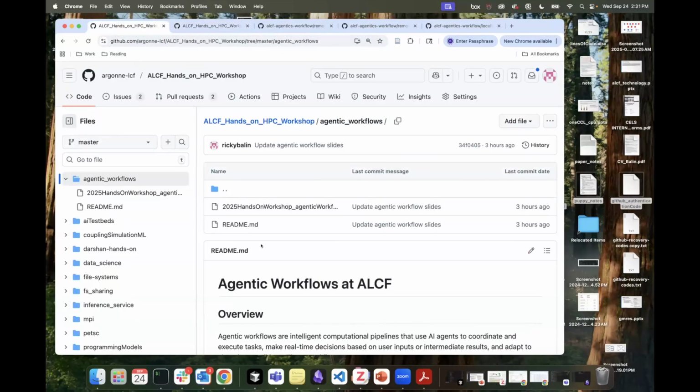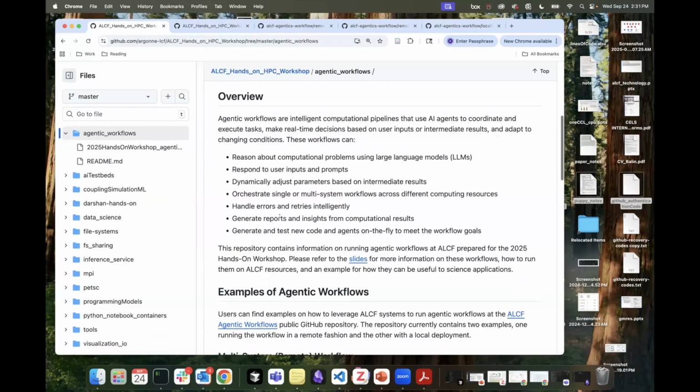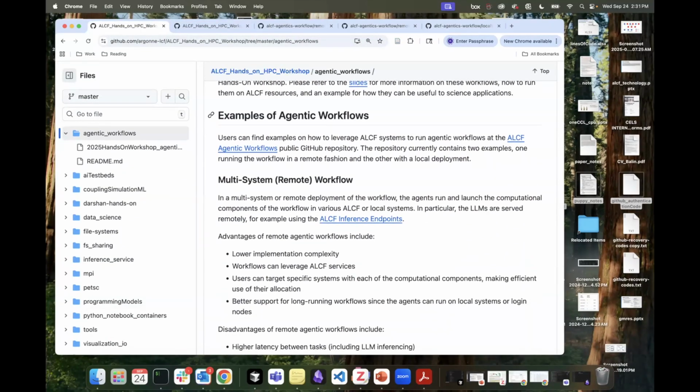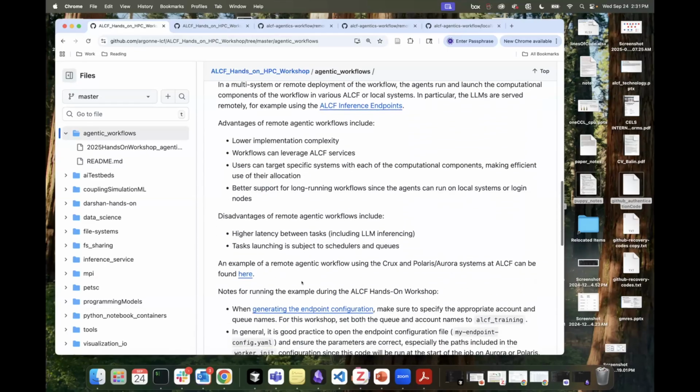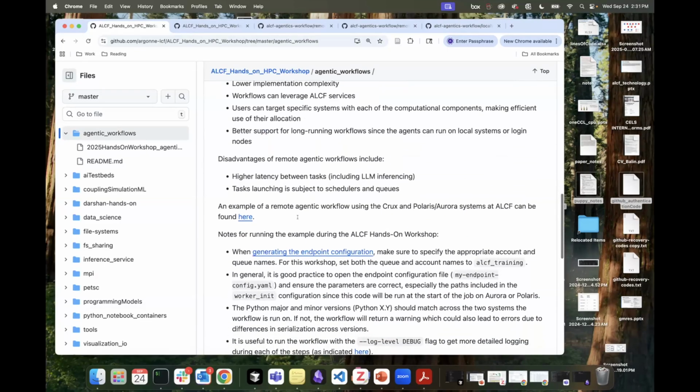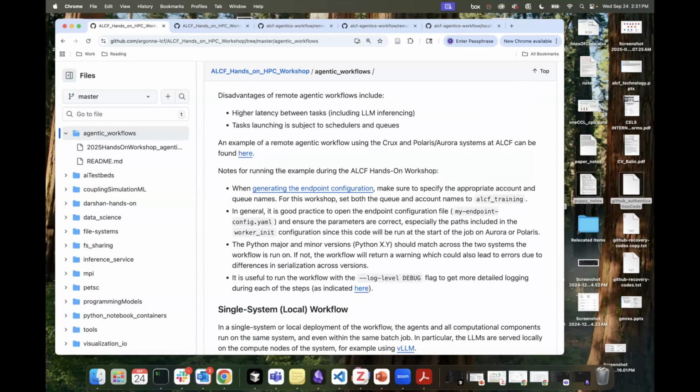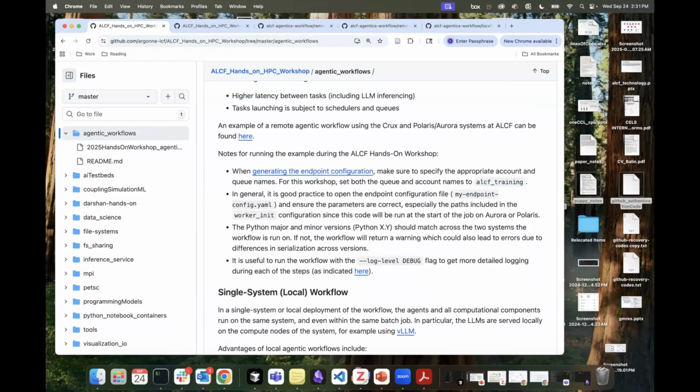Okay. So then going back to the main README, what we'll see here is that there's links to specific examples that we've added to the repository I mentioned. And so I'll move on in a second to cover those. I did want to also mention that in the README, you'll see some specific notes on setting these examples up for the workflow. For example, using the right queue names